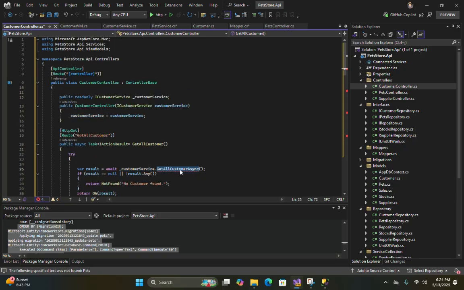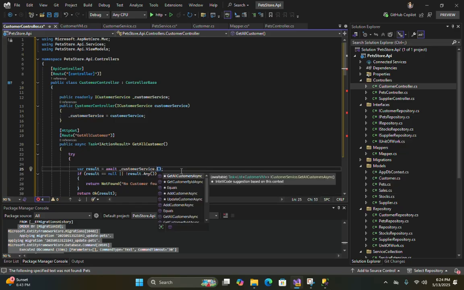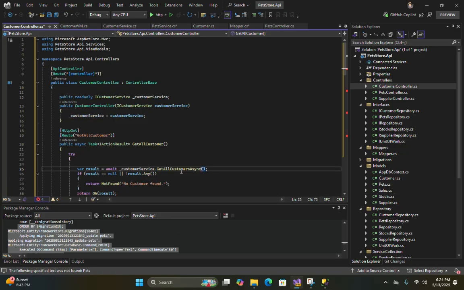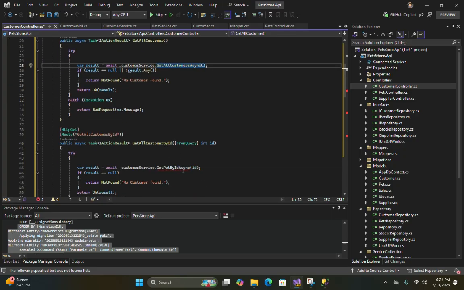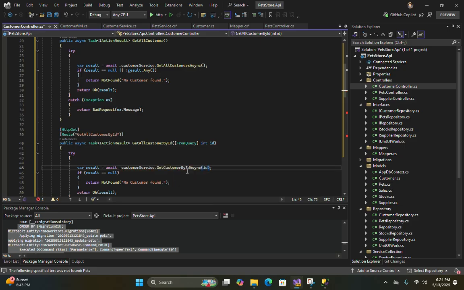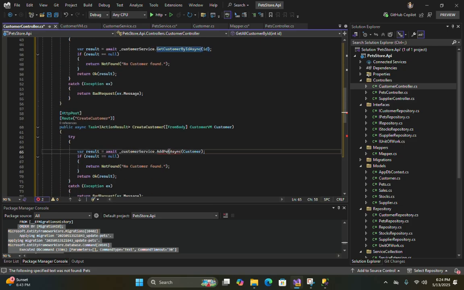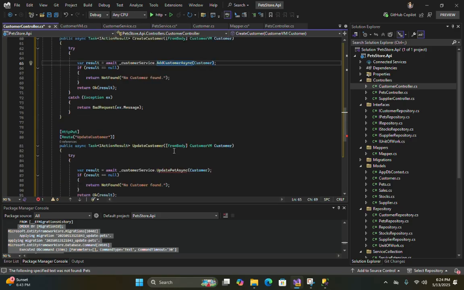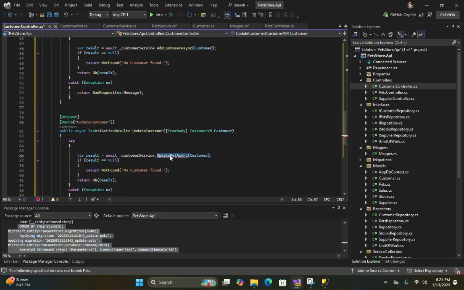Okay, I think there is get all customers, yes. Get pets, I don't think there is a pet. Get customer by id async. Now this is the add customer async. Not update, let's say update customer async.